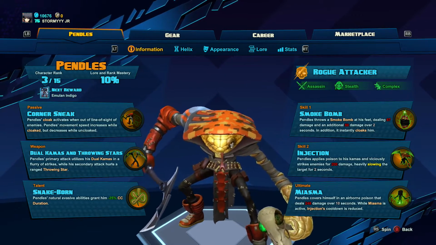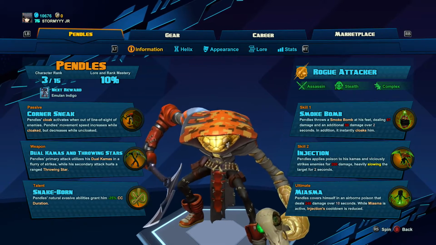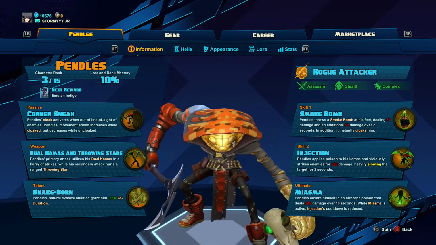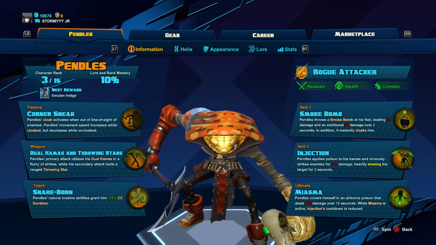His early game's kind of dangerous when you play in a versus match, so you should be a little bit more careful. But I think once you get Miasma, you'll start to notice how much damage output you can actually perform when you initiate a fight. Since, you know, he can go invisible,